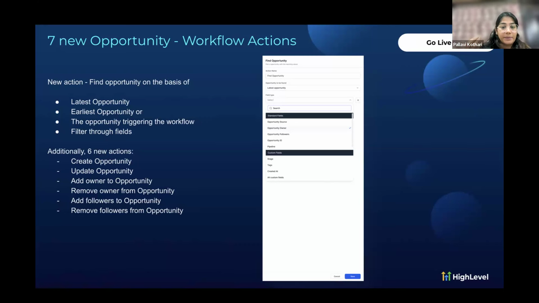Or if you want to pick up a particular opportunity based on certain custom fields, standard fields, filter it out, pick up the latest opportunity, pick up the earliest opportunity, all of those possibilities will be basically available for your